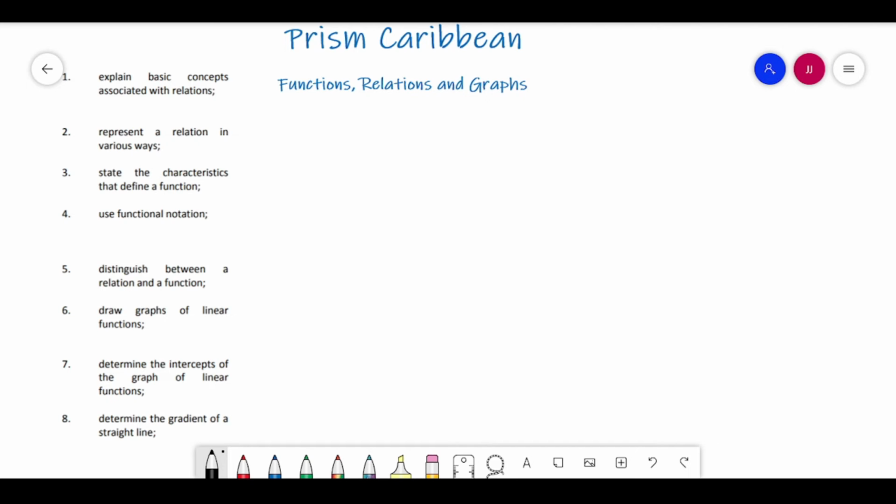So a function is basically a relationship between two sets, or it's basically a relationship in which the member of the first set is connected to the member of the other set, right? By only one member, right? So basically a function can only be one to one. If a function is one to one, then that means we will have an inverse, right? If there is a one-to-one relationship as well existing,